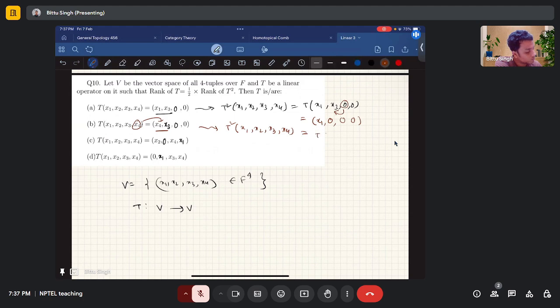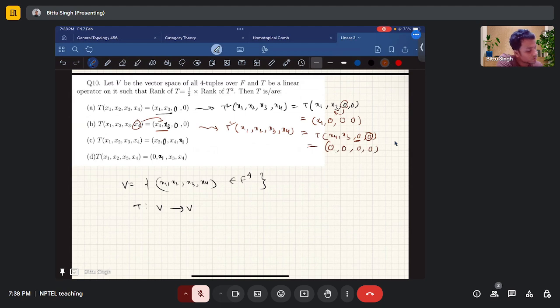This is same as T of (x4, x3, 0, 0). But the fourth thing is 0 here, so the first entry will become 0. Again, we can see that the third entry is 0. So T puts the third entry into the second place, so this is also 0, and the rest of the things are